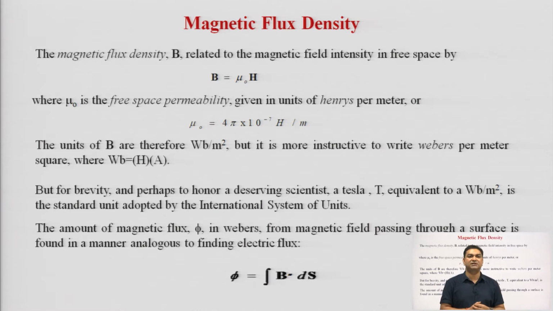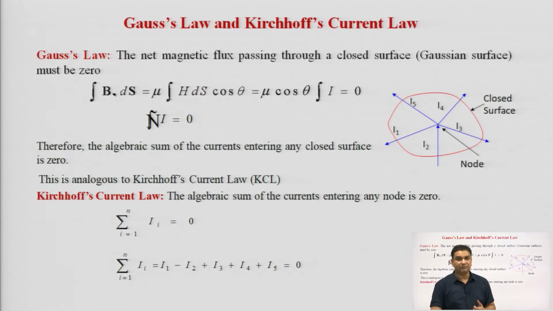analogous to finding the electric flux, like phi is equal to integration of B dot ds, where B is the magnetic flux density. Okay. So, by using the different laws and different models, we can also define the